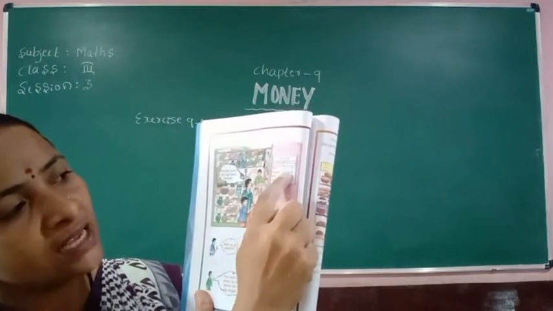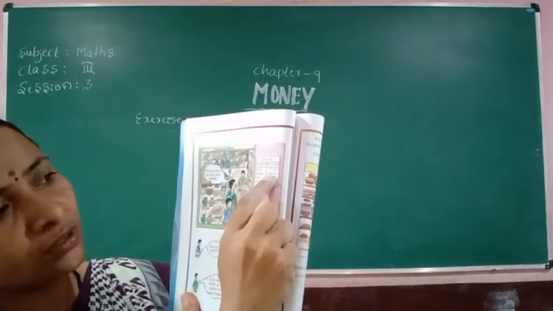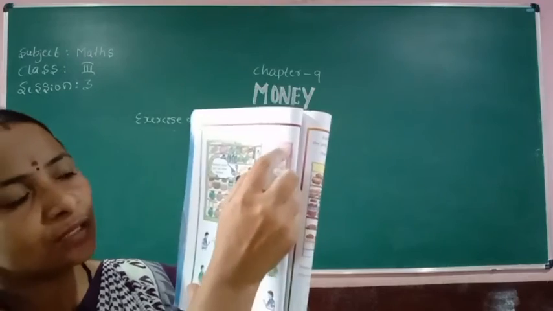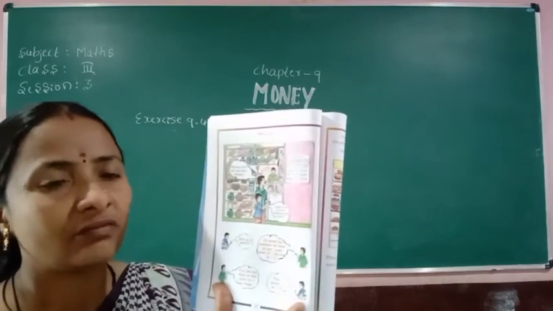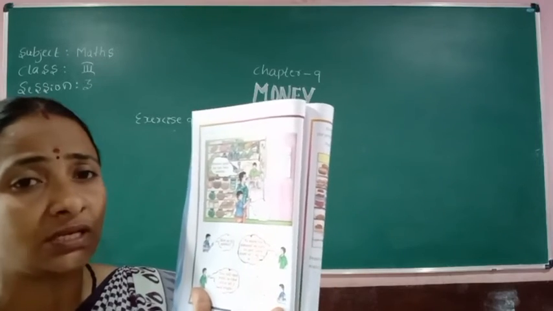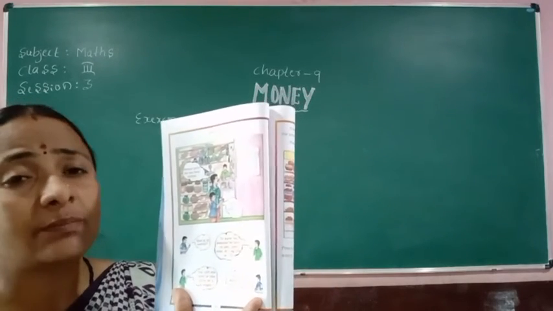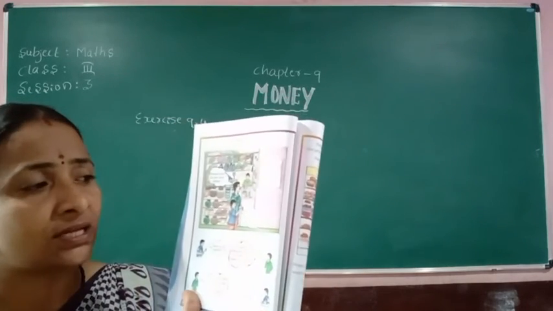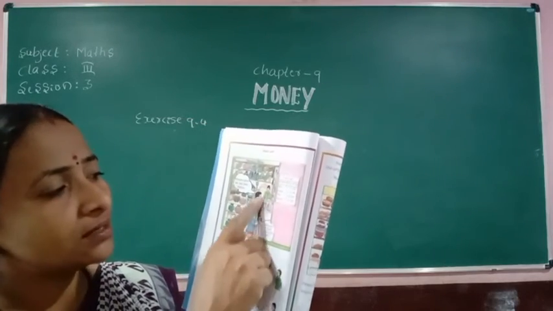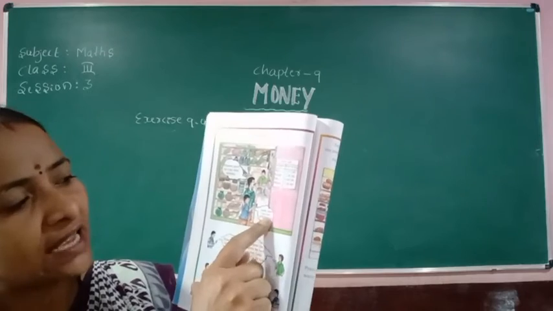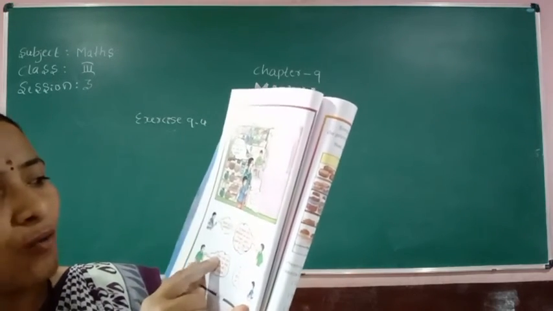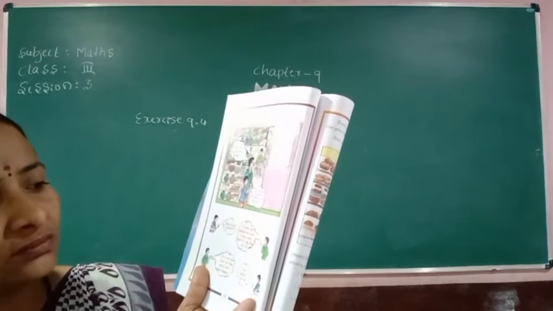It means rice 31 rupees, sugar 28 rupees, dal 62, wheat 30. So whatever we want to purchase from these provisions, we can see the price list and then purchase. Yes, so the boy is asking his dad, "Daddy, what has been written on the board? How is it useful?"